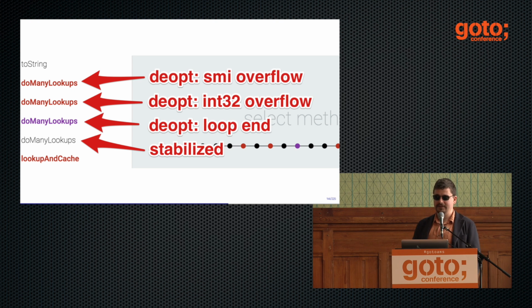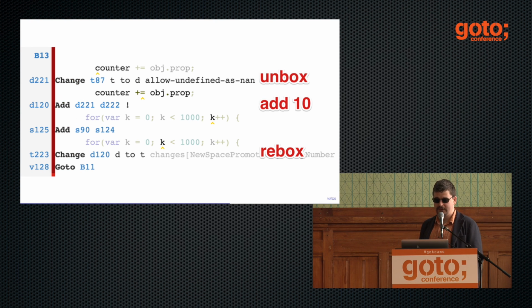And the red color means it de-optimized, and then it de-optimized again, and then there is a purple color which also means de-optimized, but a different sort of de-optimization. And then it produced a version that was used after that and did not de-optimize again. So the optimizations reached a stable point. But when we look at what kind of stable point it reached, we find that it's a very strange stable point. So the counter variable which accumulates the sum of our opt.prop access, it is now boxed.